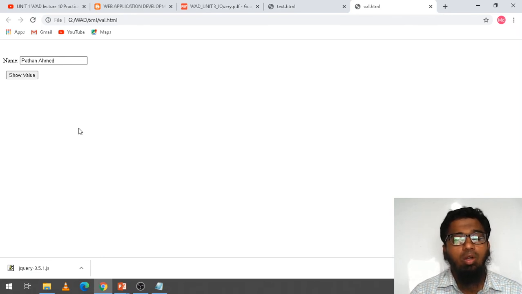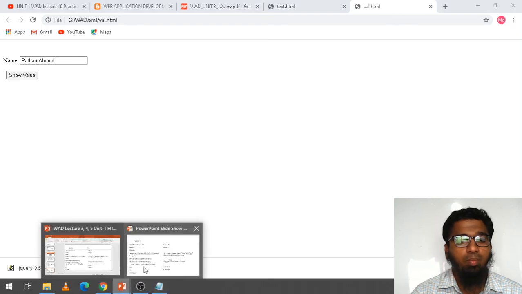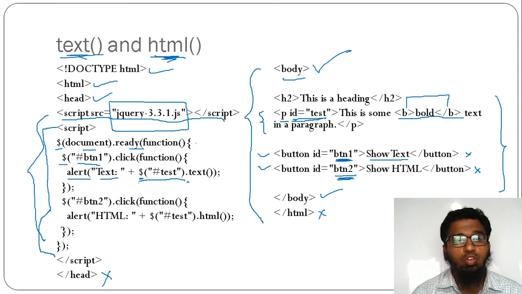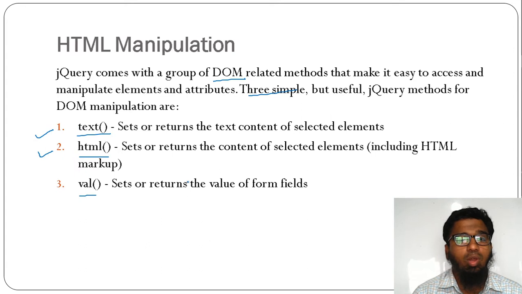So this is about text, HTML and val. This is HTML manipulation. In HTML manipulation, the three important things are there: first one is text, second one is HTML, third one is val. So this is about HTML manipulation.